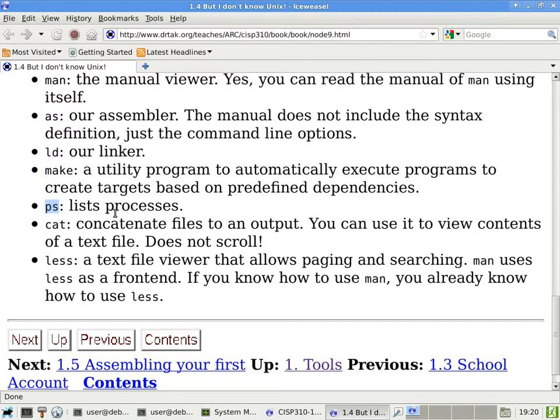PS will allow you to specify or list processes, which is really useful when you have runaway programs and you want to stop them. CAT is a really interesting program because it doesn't seem to do much. All it does is concatenate files to an output. It does about the same job as type in DOS. But it has many, many other applications as well. But for the most part, in this class, we don't really use CAT too much. You will see that I use CAT for